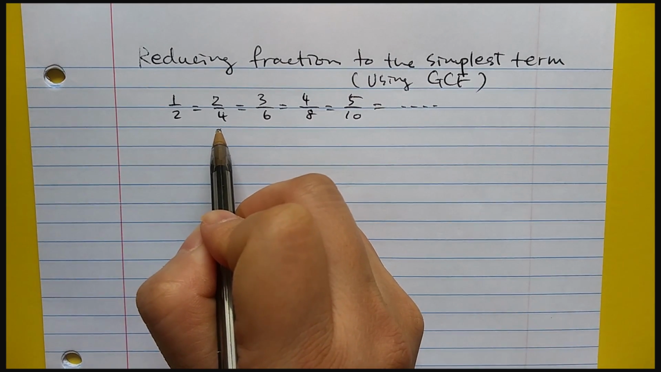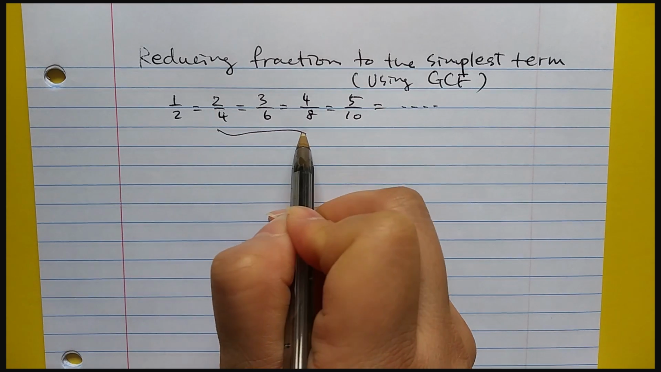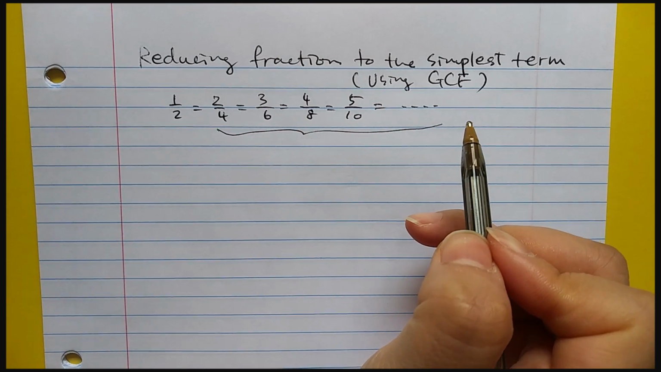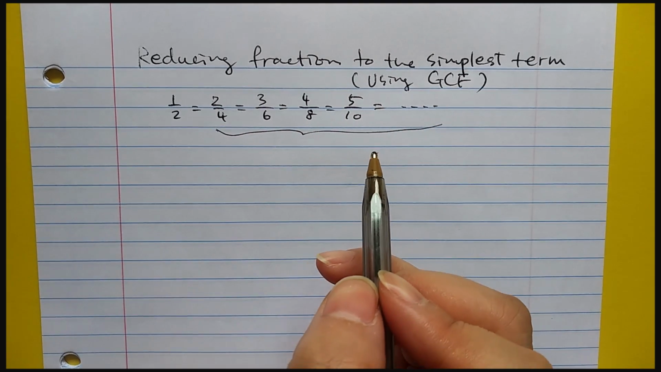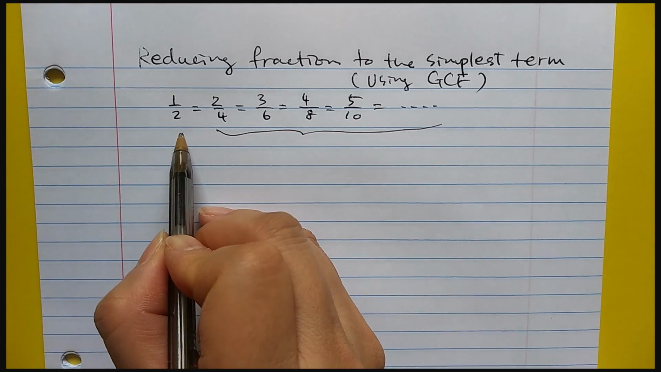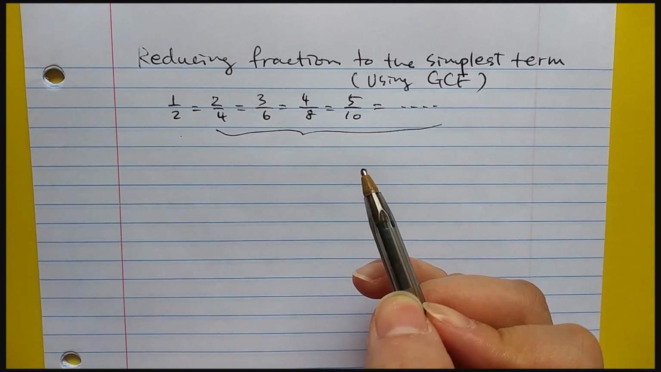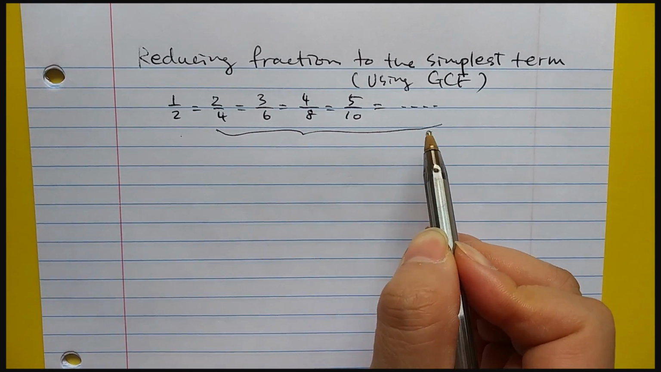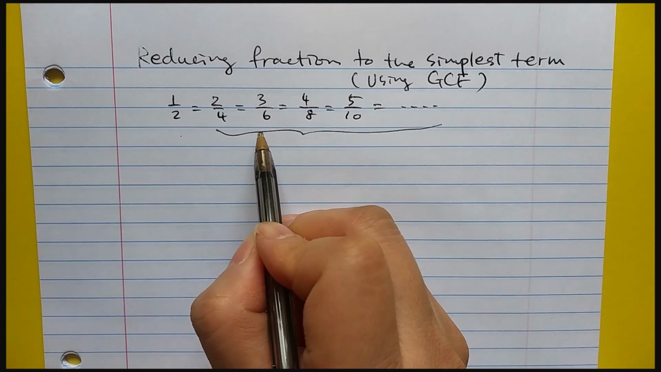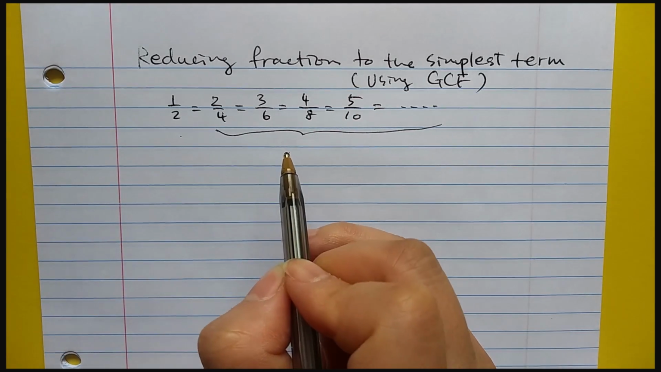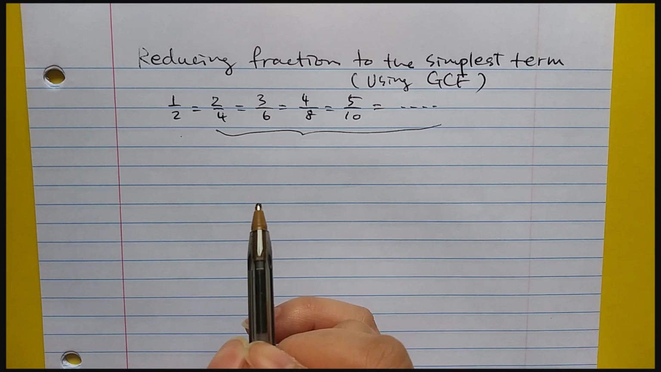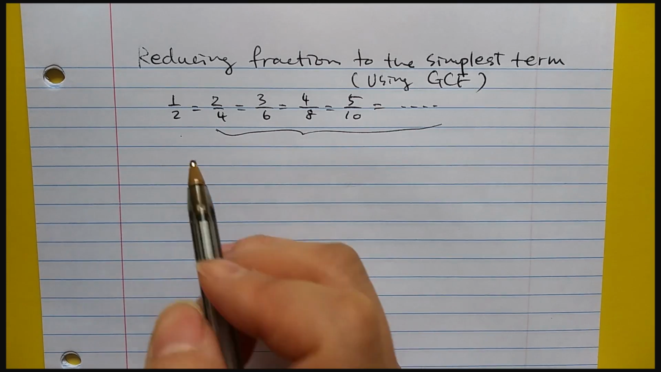So these are all equivalent fractions, and 1/2 is the simplest term of all these fractions. And whenever you get a fraction for your answer, you have to check if it is the simplest term. For example,